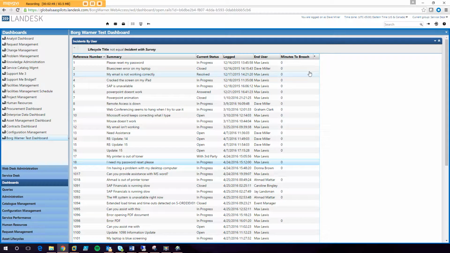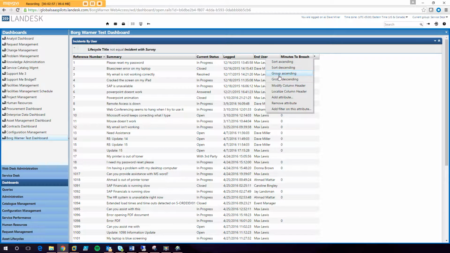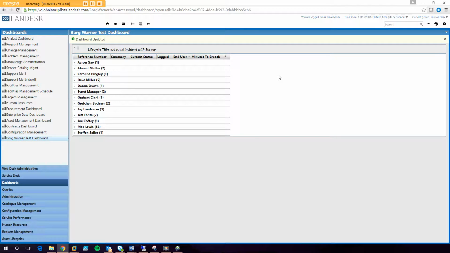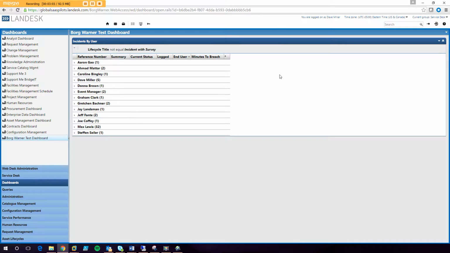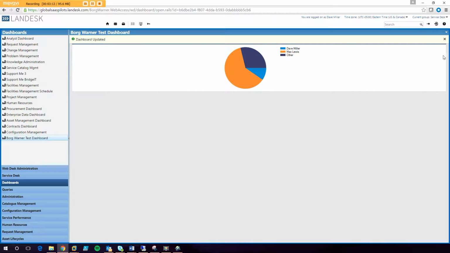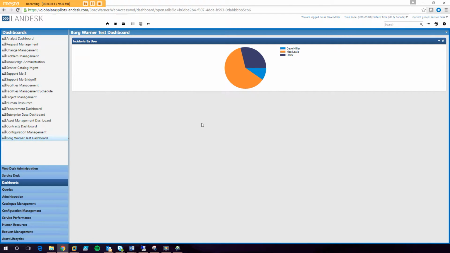And now that I have this, because I labeled it incidents by user, I'm going to go over to user, right click, group this, and now if I want to show this as a pie chart, I'll just hit this downward arrow and show this data as a pie chart. While this looks good, it's taking up a lot of real estate, and I may not want it to take that much space up, so I'll right click on the white space, choose add a new column,